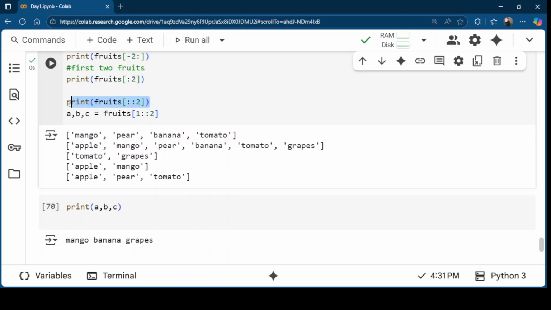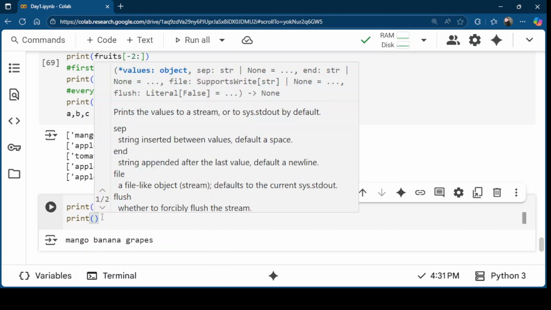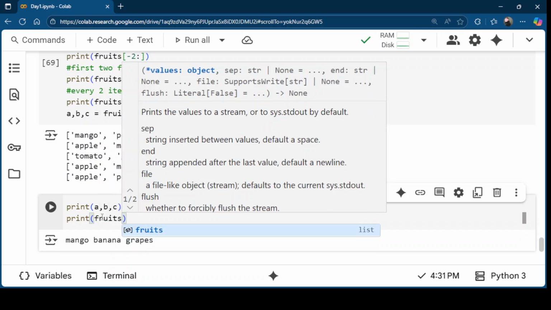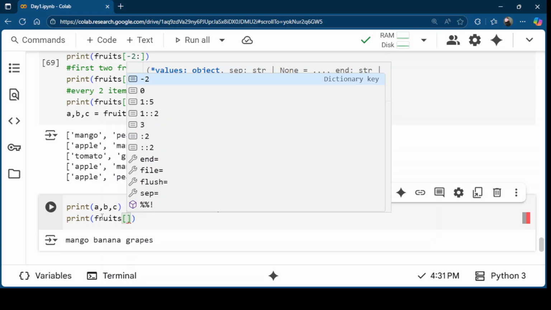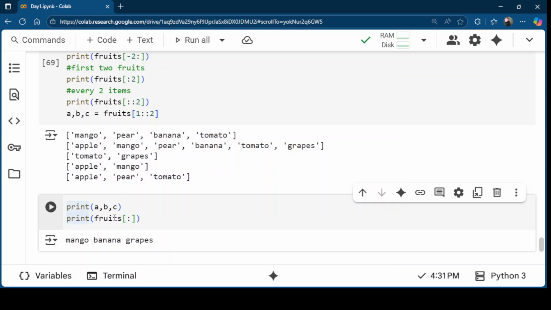Where is this one? I didn't put comments here. Every 2 items. So if we say print fruits, and we do it like this, blank, what is it going to give us? It gives us all the items, right? Yes, sir. That means start